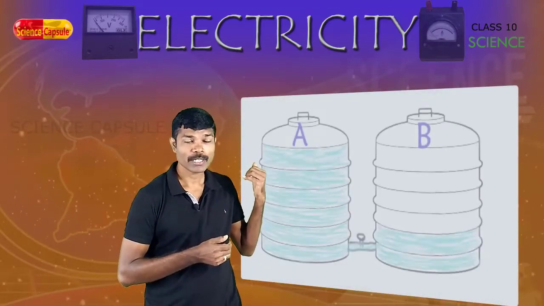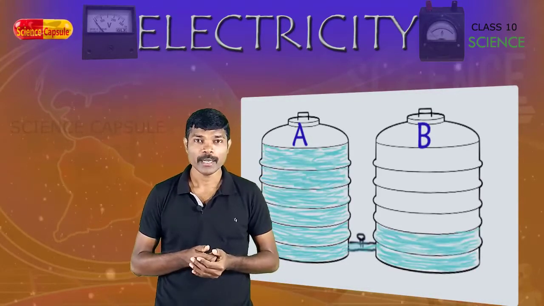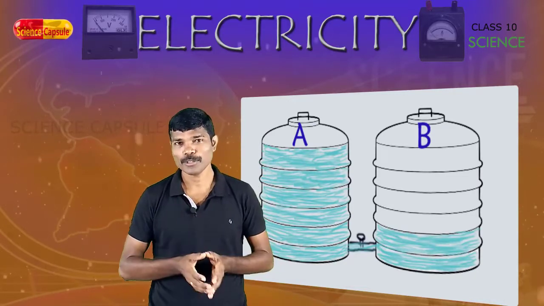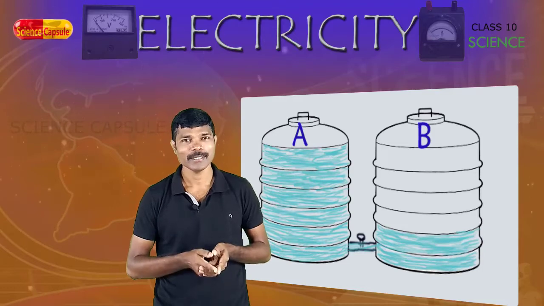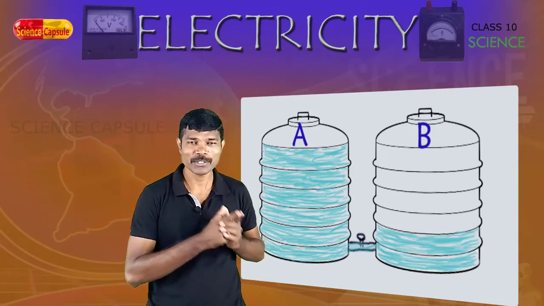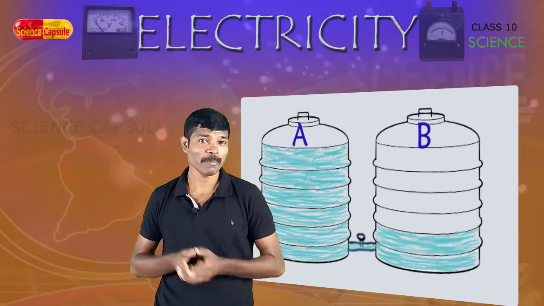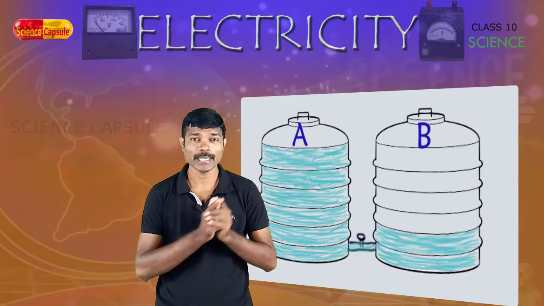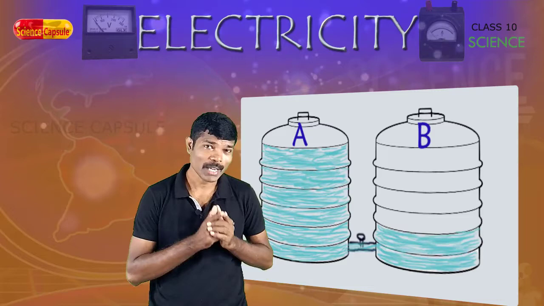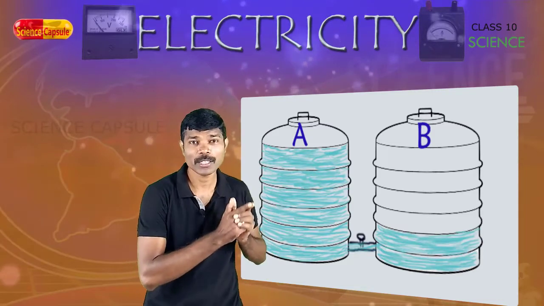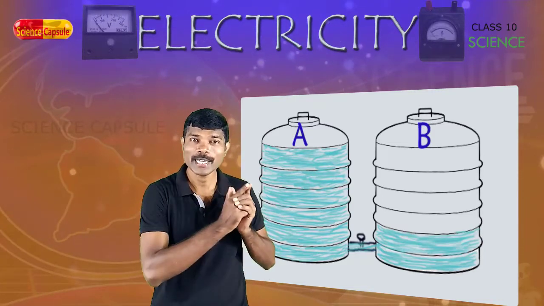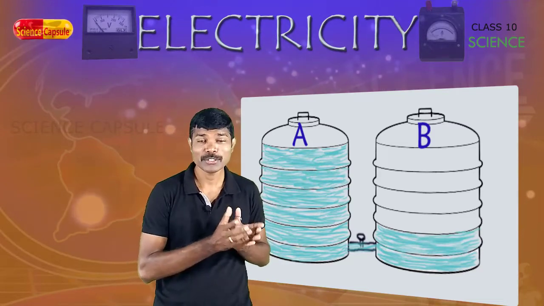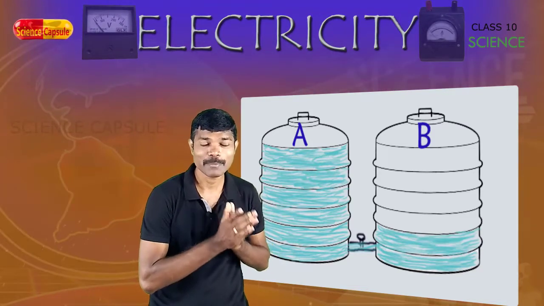See here a water tank in which water is kept, right? Here the water exerts some sort of pressure on the walls. This pressure we call it as water potential, with which the water moves out if a pipe is connected. Likewise, if you take an example of a conductor, here the charges are there. These charges exert pressure on the conductor, with which the electrons can move, right? This pressure is known as the electric potential.